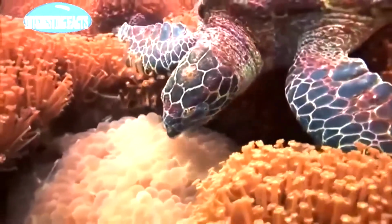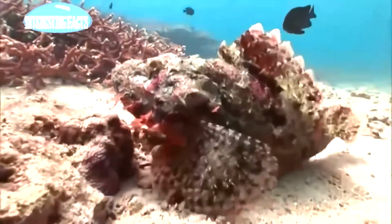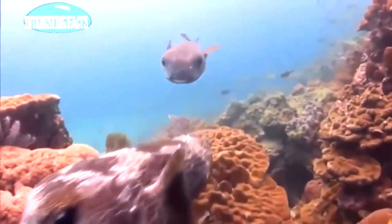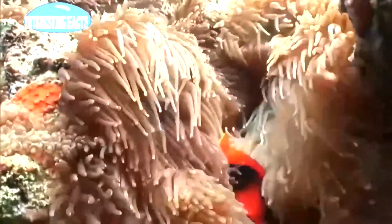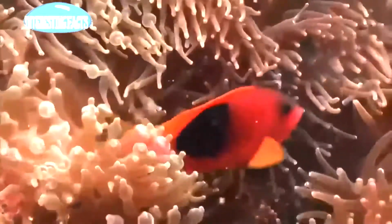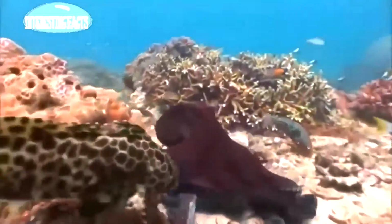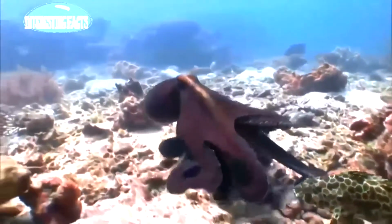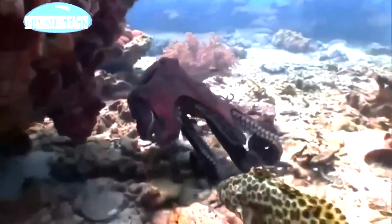At times, the appearance of water species may look weird. Sometimes, just small. Often, extraordinary. Like this octopus. An octopus has 8 arms, which trail behind it as it swims. It has 3 hearts, 2 for pumping blood to each of the gills, and a 3rd for pumping blood through